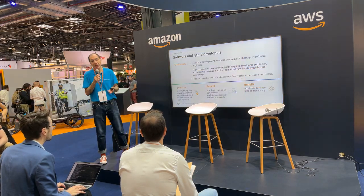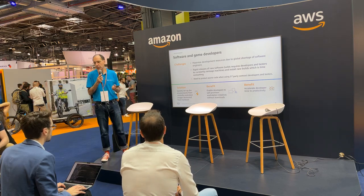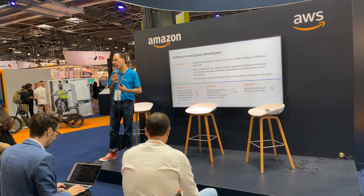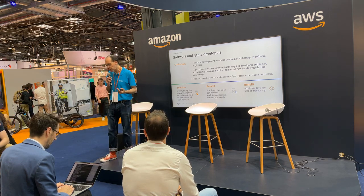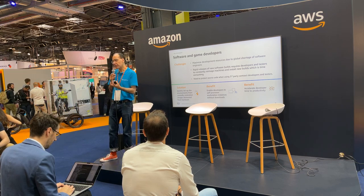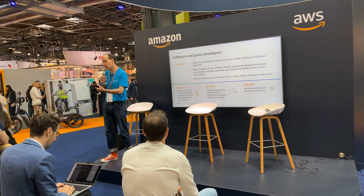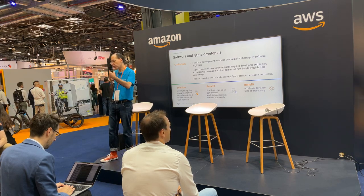The second use case that we see at VivaTech is about software and game developers. As you know, today more and more development is subcontracted outside to third companies for follow-the-sun development initiatives, for faster time to market for production. And secondly, as it is contracted out, you have the importance of valuable intellectual property, the IP, and of maintaining control over the data by the customers in order to avoid data leakage when you have such third-party